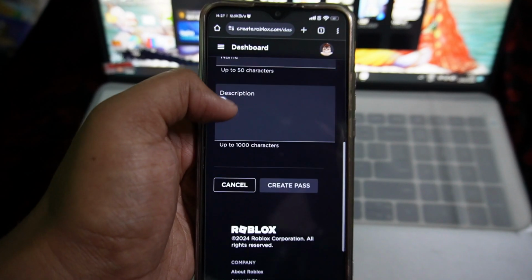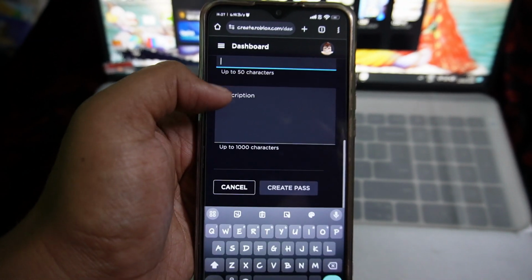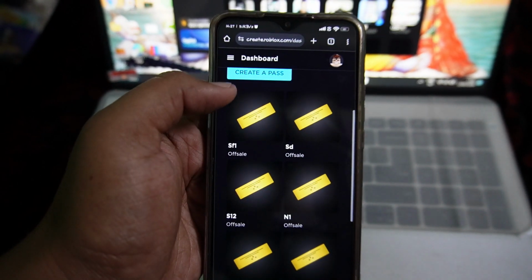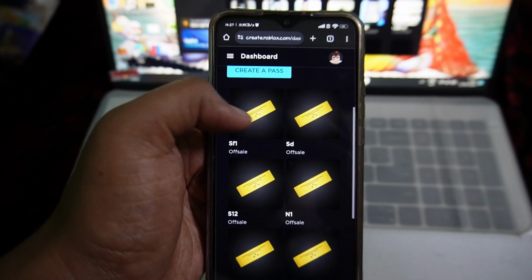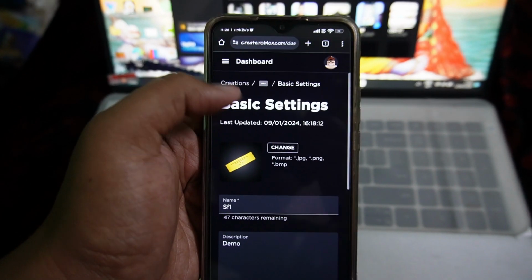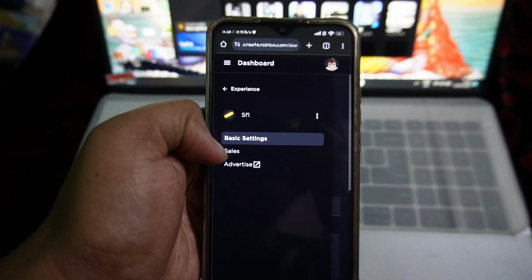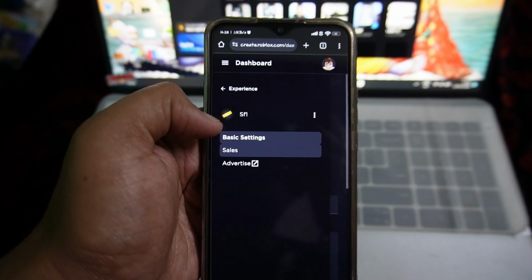Now you just need to enter the name of the game pass, the description, and click on the Create a Pass button. Once you have created your game pass, tap on the new game pass that you have created. Just tap on this menu button again and tap on this Sales option to set it up